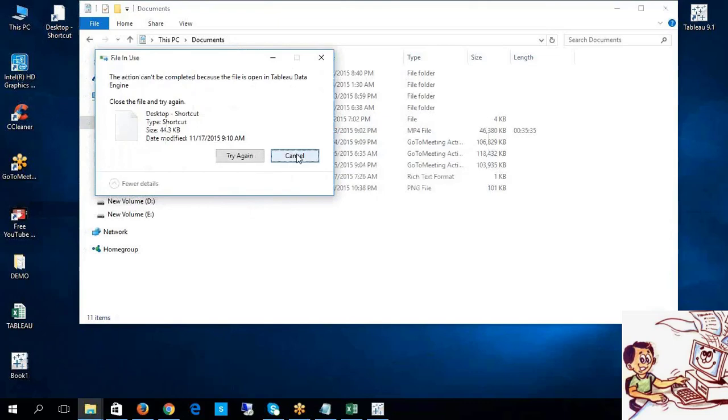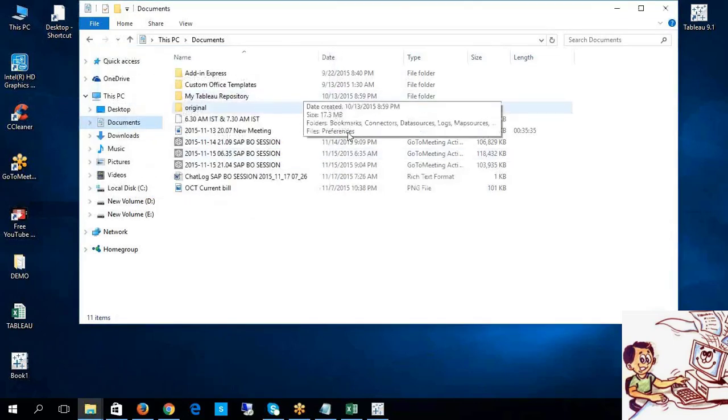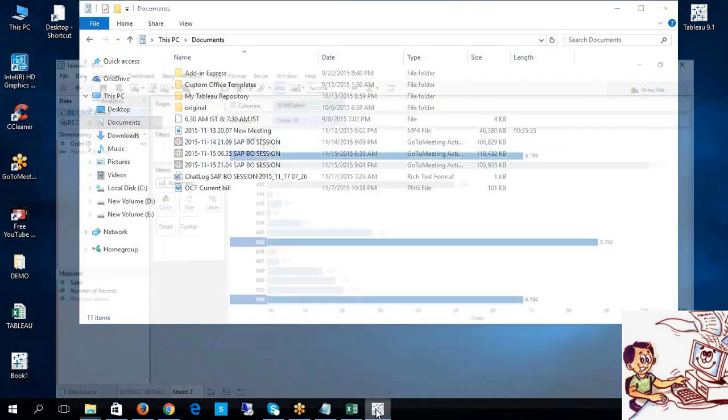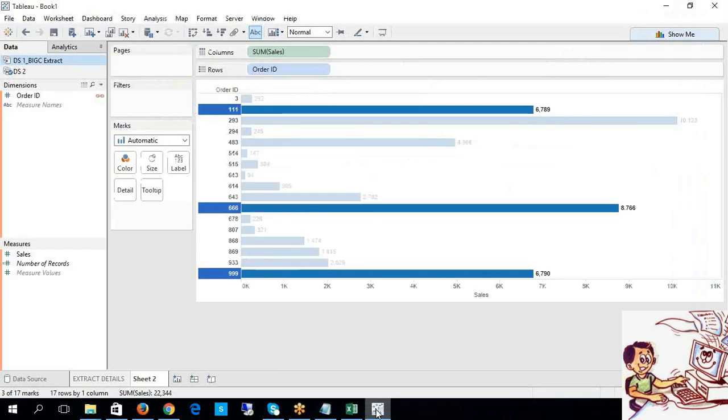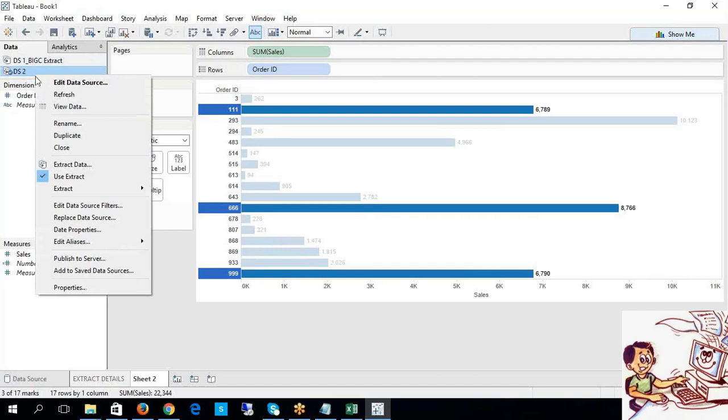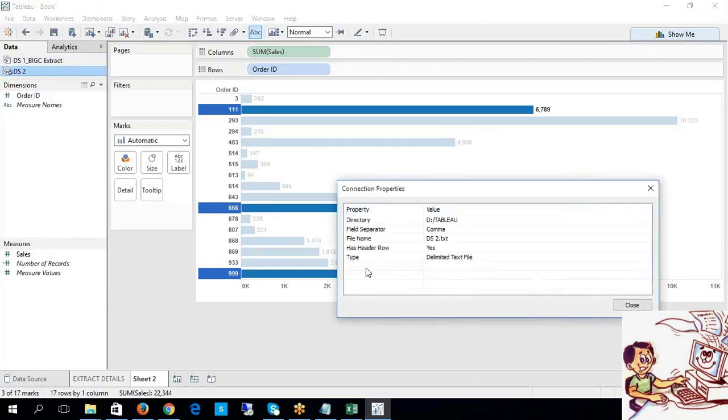While we were doing the Excel sheet, you showed that changes done in your Excel would be reflected, but not in your TDE file, right? That was not reflecting, so you shifted to a text file. At that time I was overwriting the existing file, so that is the reason. That was existing with another file.